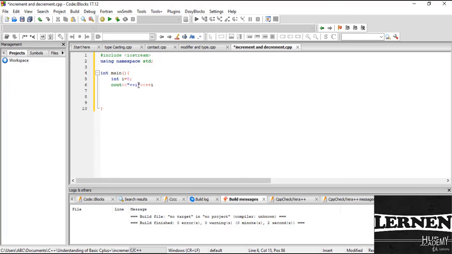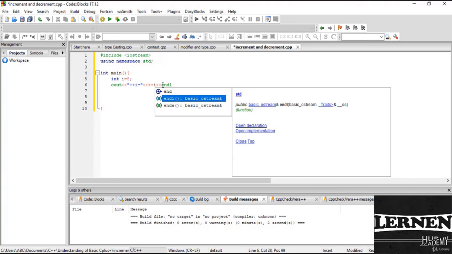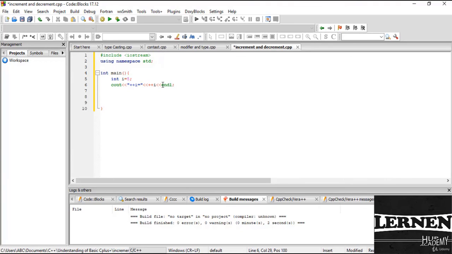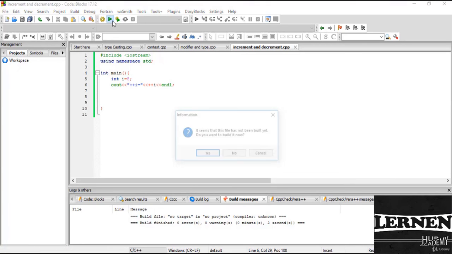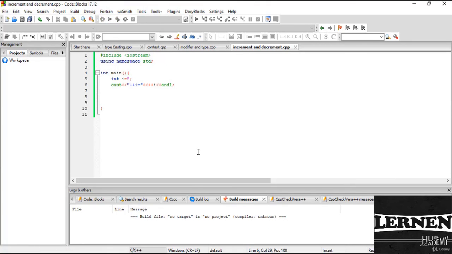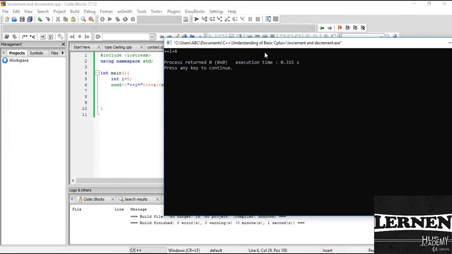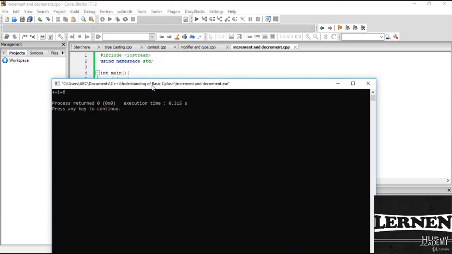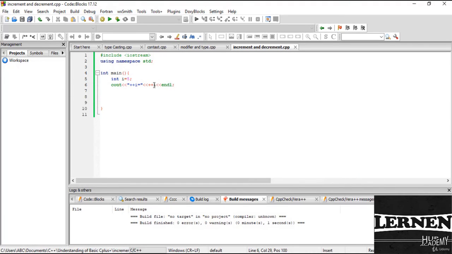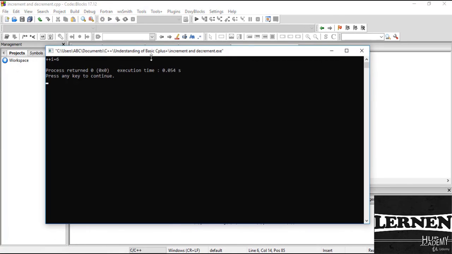So plus I means the prefix of the increment operator for I, which is the variable here. I just run this code right now and check whether it changes the value or not. You can see here plus I is equal to 6, so it adds 1 to 5. Now if I create the decrement operator here, with the minus sign, and simply run this code